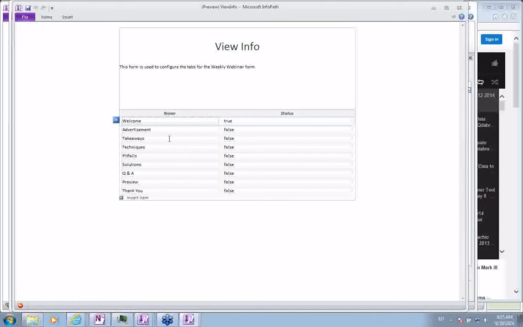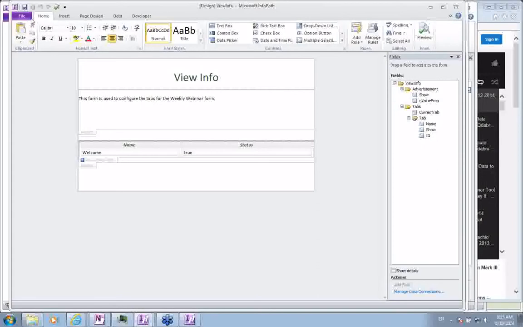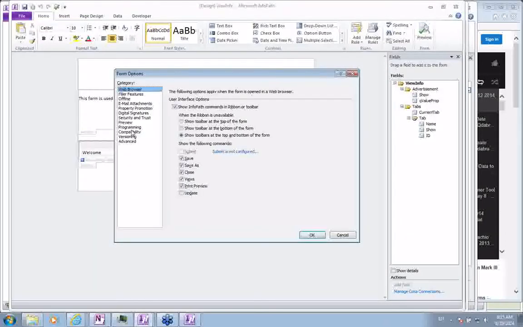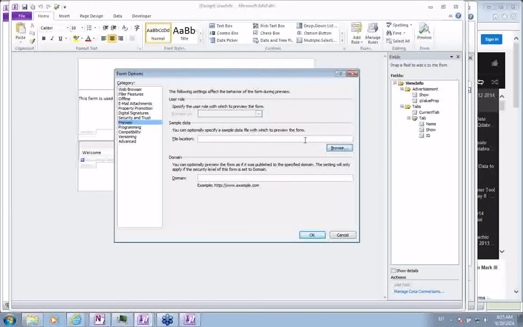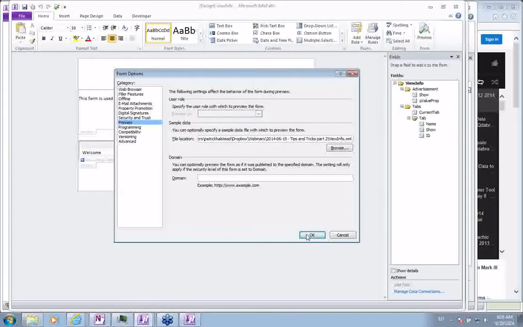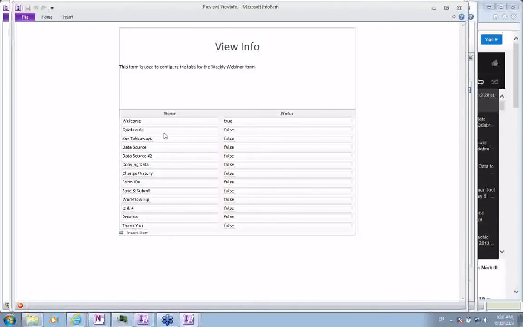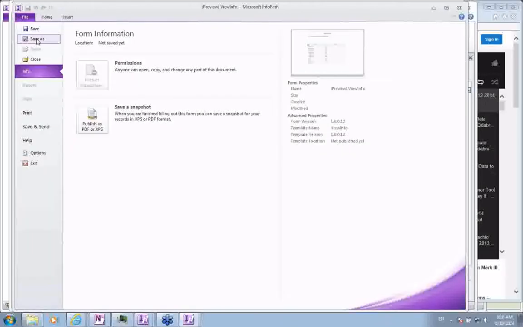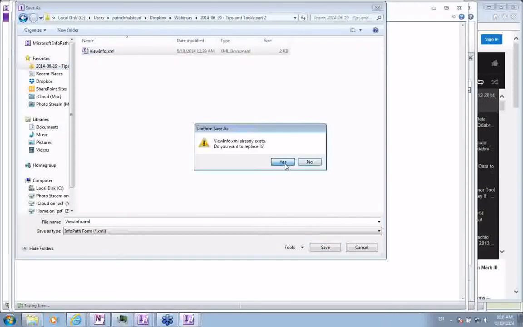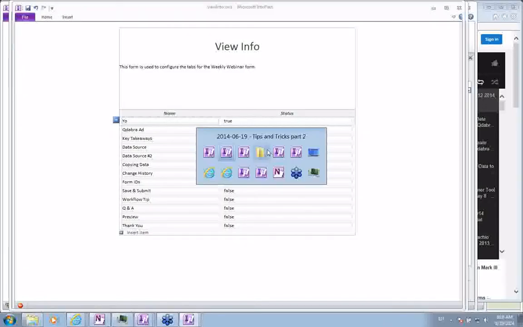So in the preview here, it's previewing it. Now this has got some information in here from a previous webinar, that is, the tabs. So if I want to change the tabs, I just have to go into File Preview and say that I want to open the form I just saved for today's demo, and that's View Info. Now if I preview it, you'll see that I have the tabs for today's webinar, and I can go in here and change this to say something like Yo for welcome screen, and then I'll just save over the XML file there,